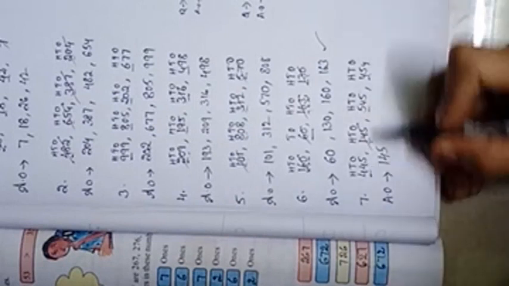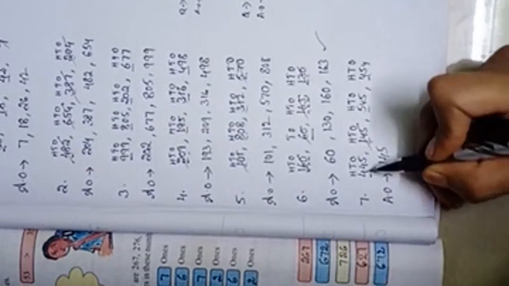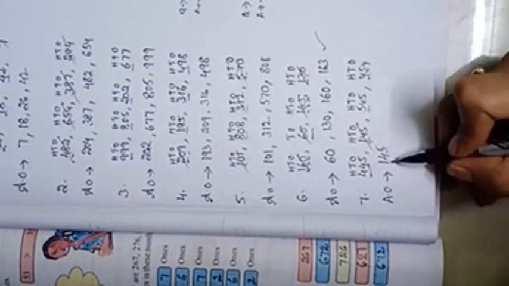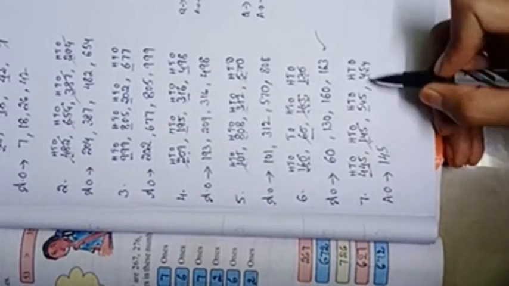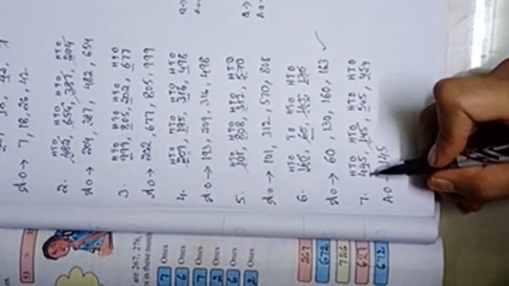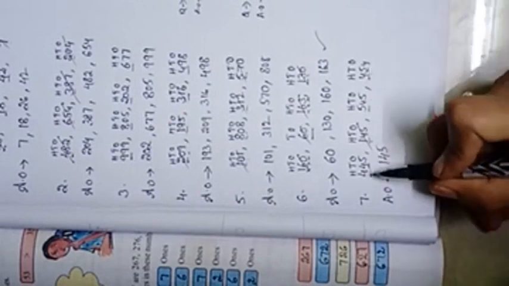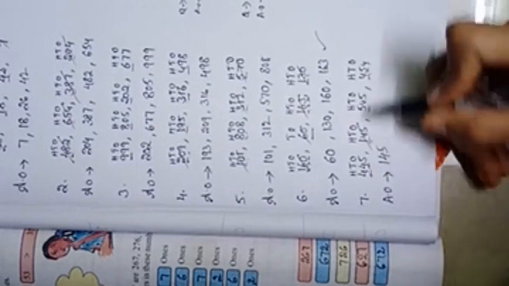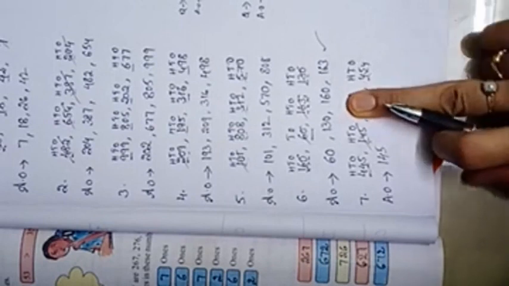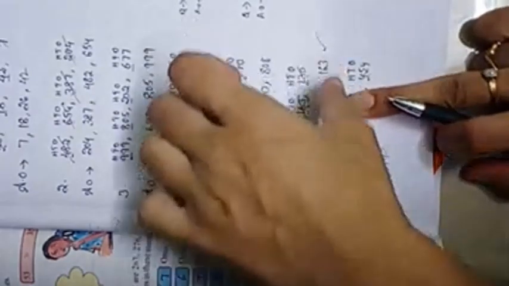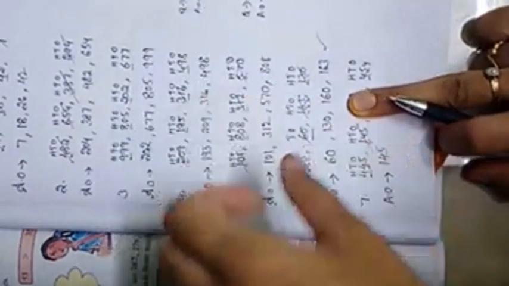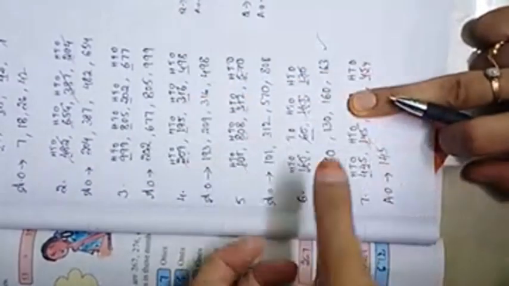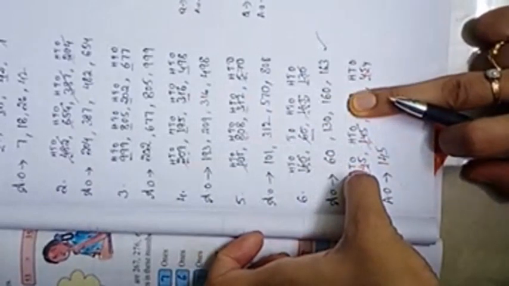When the hundreds place digits are the same, you go to the tens place digit. You know after 1, 2 will come, but there is no 2 in the hundreds place. After 2, 3 will come, but there is no 3 in the hundreds place. 4 we will get after 3. With 4 in the hundreds place, we have 2 numbers. Carefully observe, don't look at this number. Out of these 2 numbers, we have to decide which will come in second place. But here the hundreds place digits are the same, so we have to observe the tens place digit.